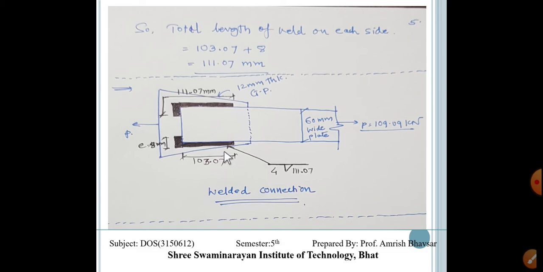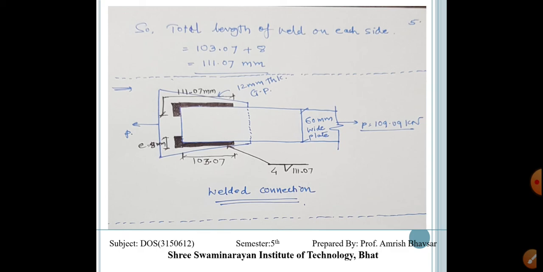So as we discussed the symbolic pattern for the welded connection, we have to take the symbolic pattern over here, and this arrow gives us welding over here. The size of welding is 4 mm. This indicates that it is a fillet weld, and the length of welding is 111.07. So, dear student, this kind of welding length must be found by us, and we can provide all the welded connection over there.